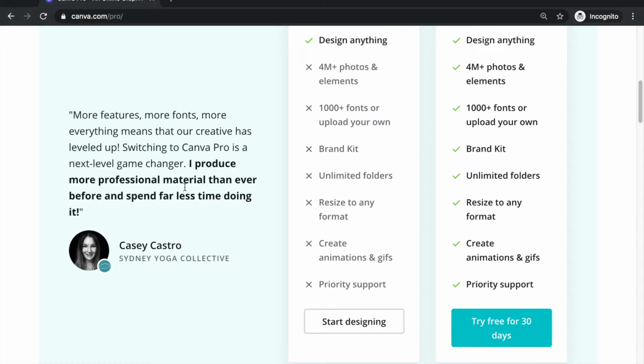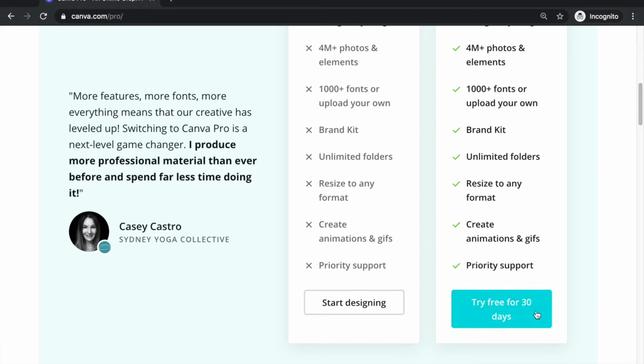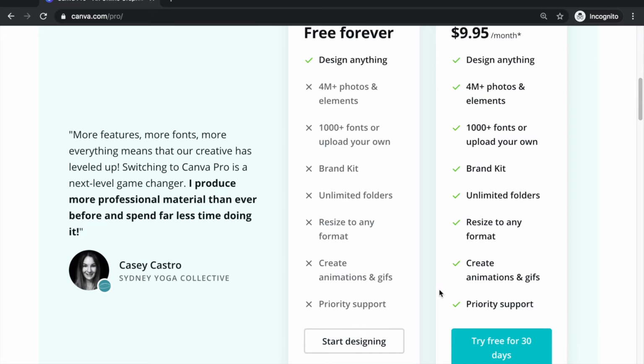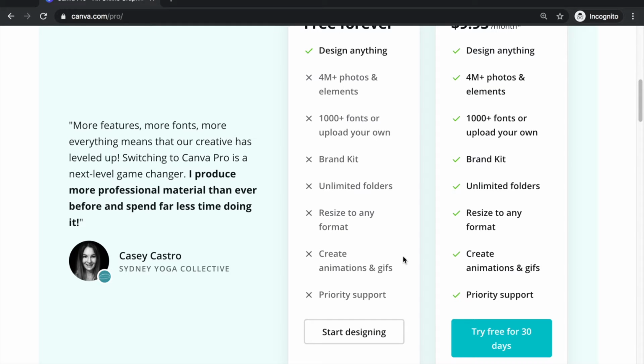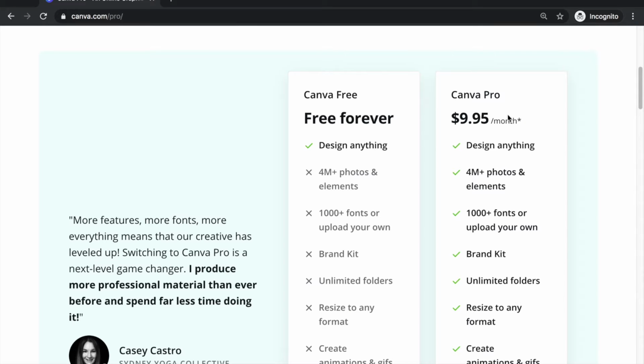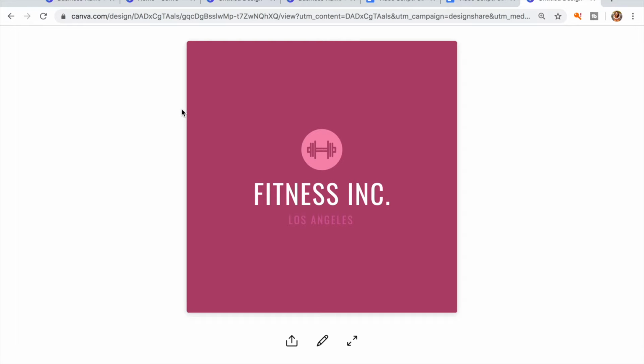But I just wanted to show that to you guys. And of course, you can try it free for 30 days. So you could even try it free and get your logo exported with a transparent background during the trial period. But I just wanted to let you guys keep that in mind because it is free, but you cannot export it with a transparent background if you don't either sign up for the trial or just pay the $9.95 a month, right? So now that we got that out of the way, I want to show you guys